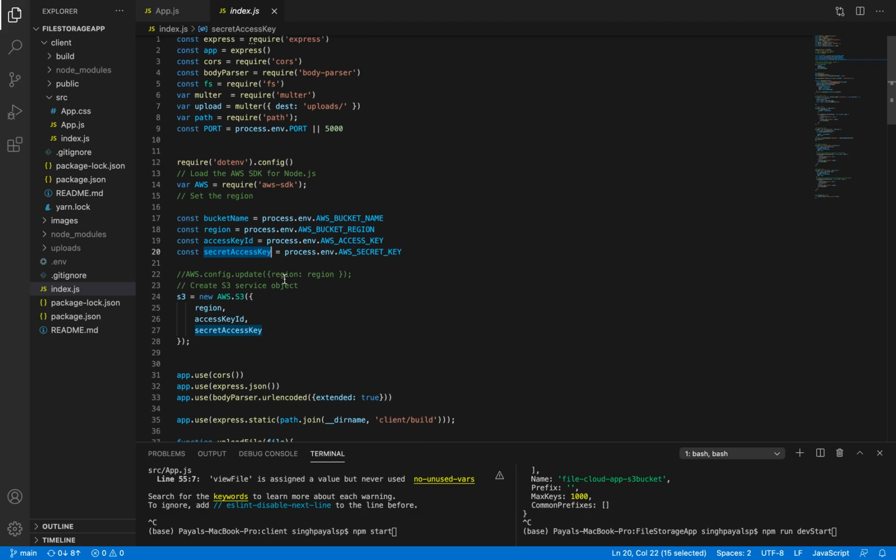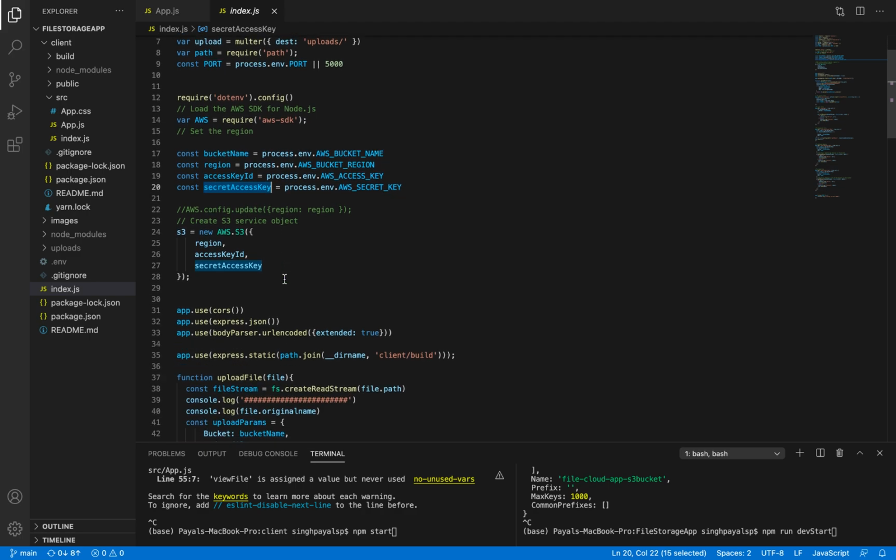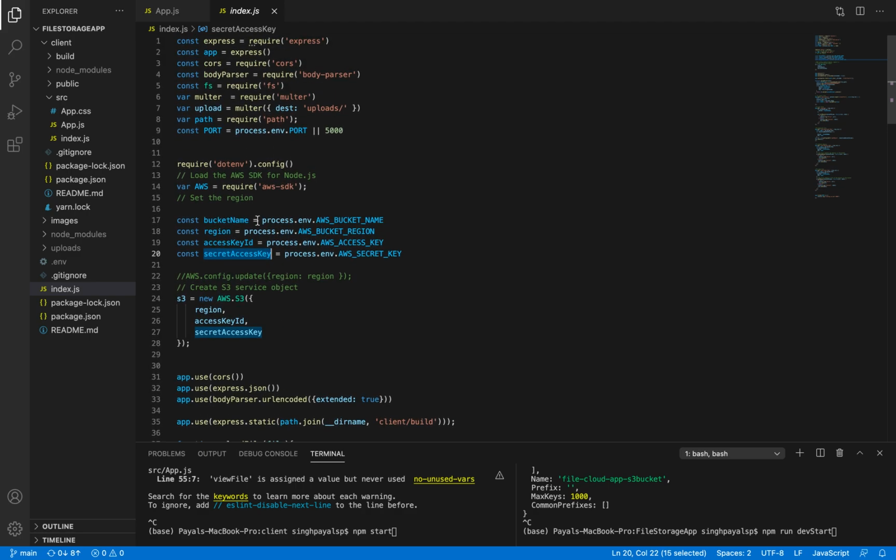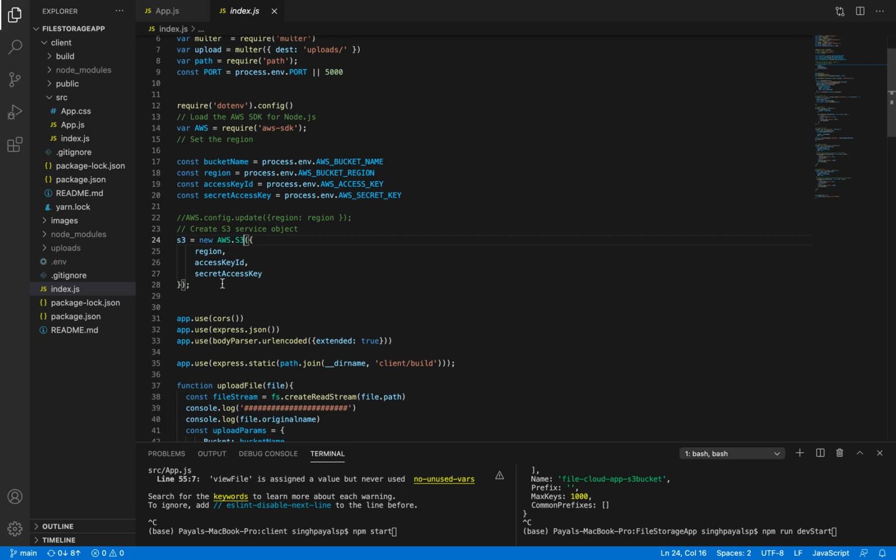And as I told you, I am also using the AWS SDK. Here you can see I have used a variable, and I require the AWS SDK.